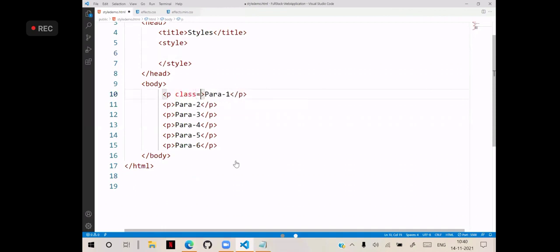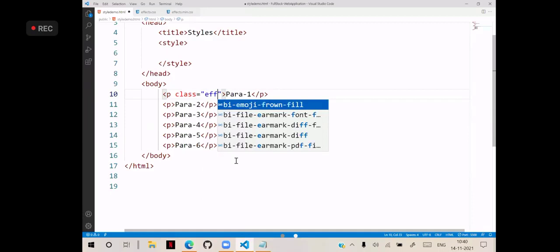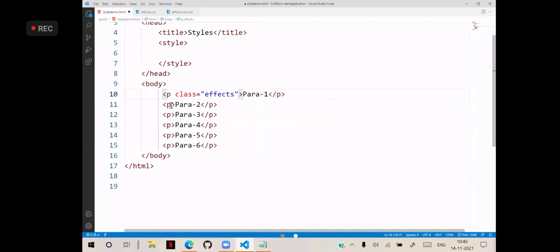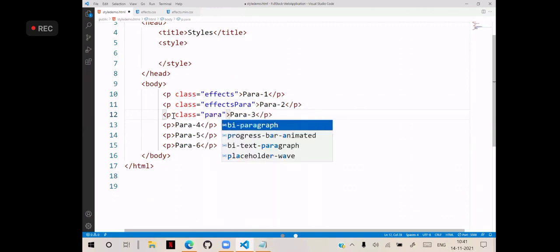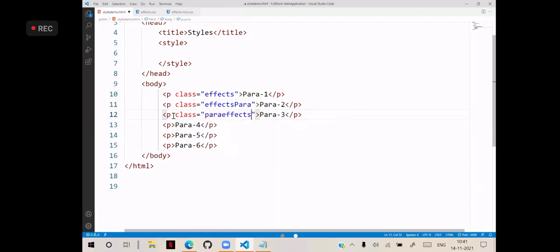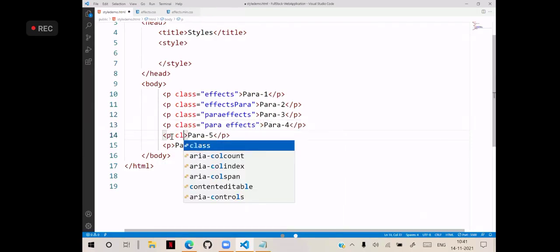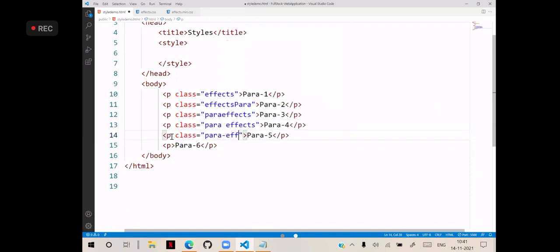Class is equal to effects is the class. Another is effects para. Another class is para effects like this. And class is suppose para effects. So class is like some para effects like this. I have written so many options now. I have written a few